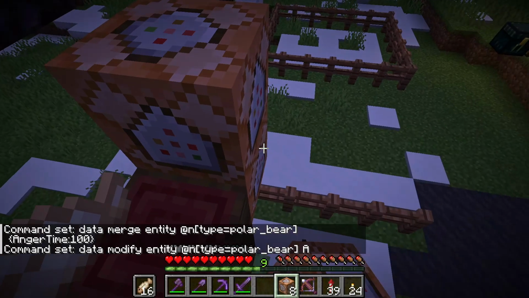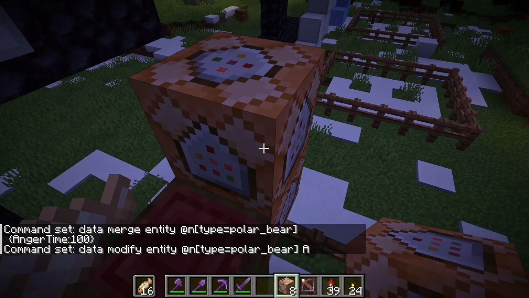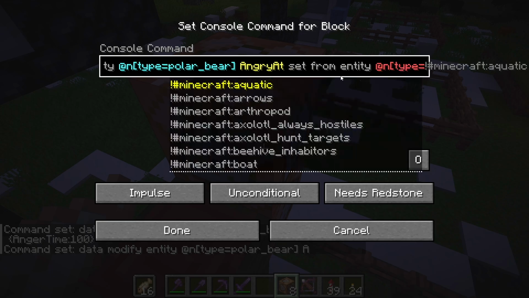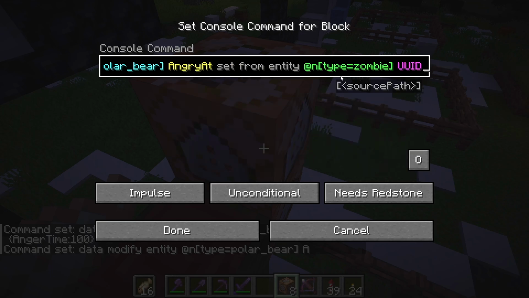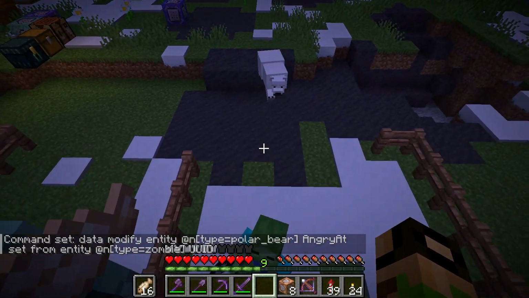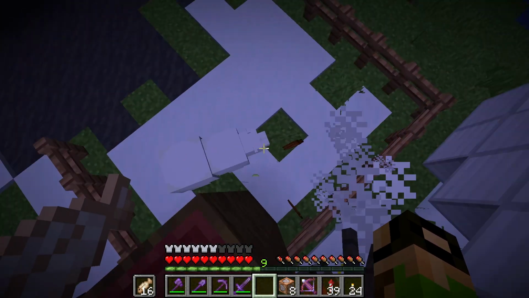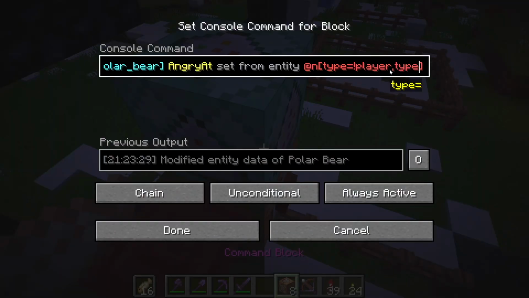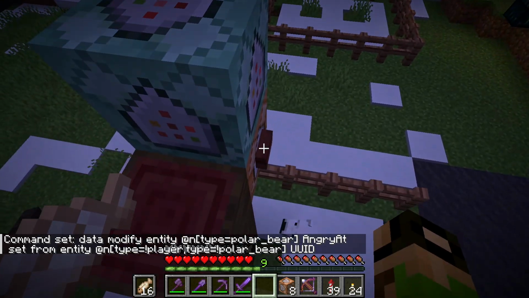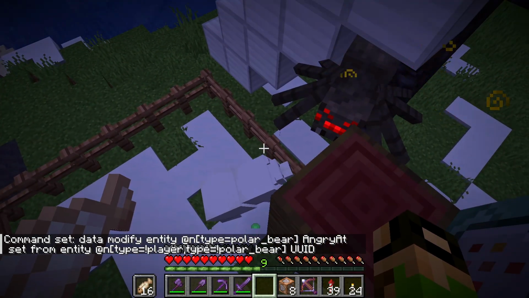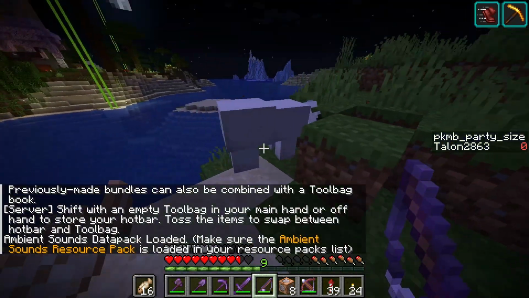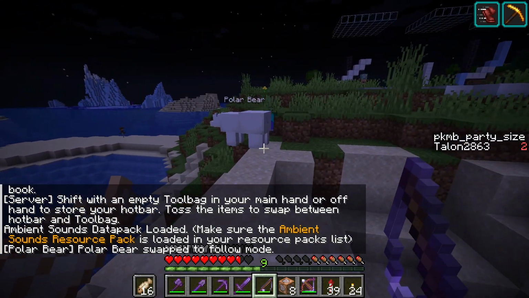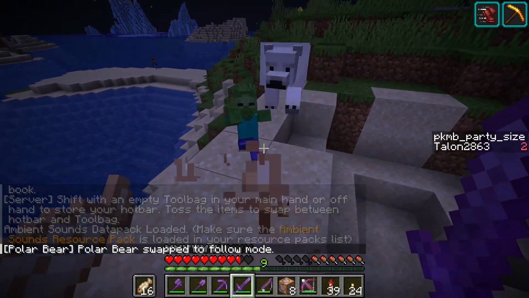But if we first modify anger time and then angry at... Because we can basically pull the UUID just from a zombie. So if I press this button, boom. And if we just change this to like type is not player, type is not polar bear, then it'll go for anything. So theoretically, if we reload, set the polar bear to our team, I had to temporarily increase my party size. Now, if anybody is in range,